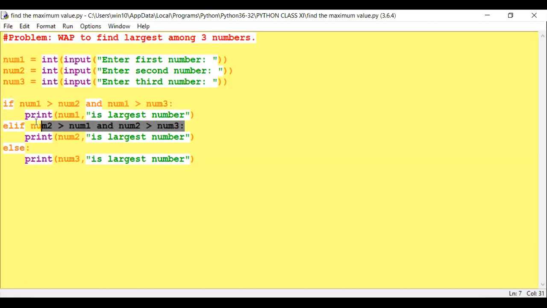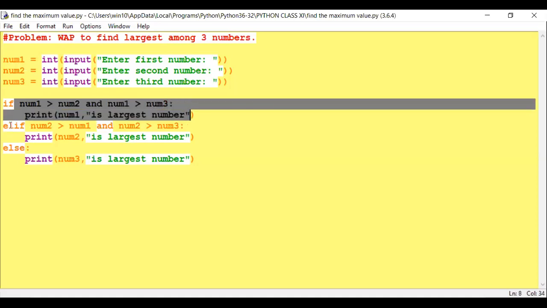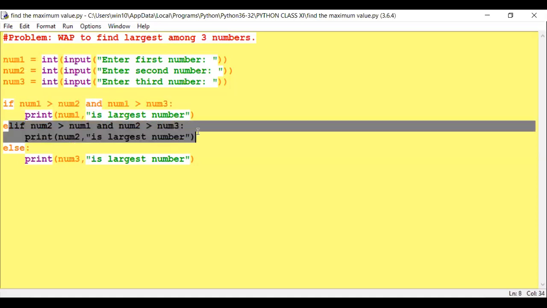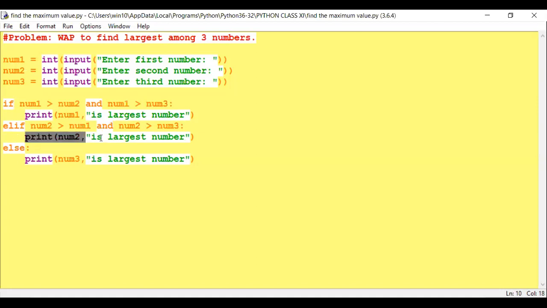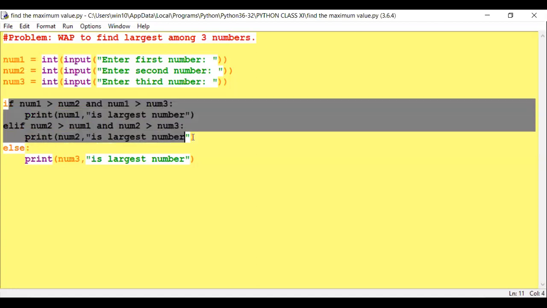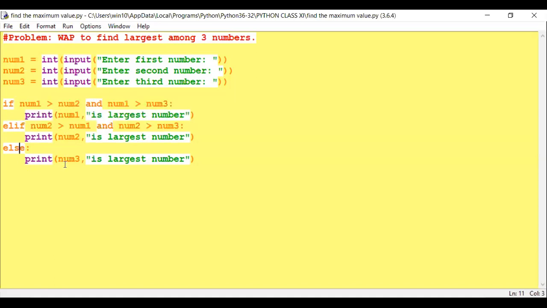All these comparisons will be done if the first line is incorrect. If this line is correct, then this value will be printed: num2 is the largest number. Else, this is the else part. If both conditions are incorrect, then this part will be executed. See here, else print num3 is the largest number.